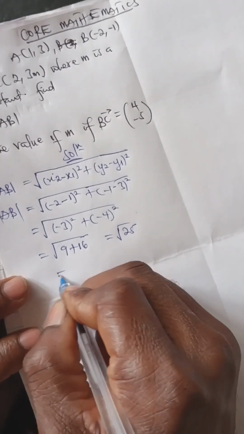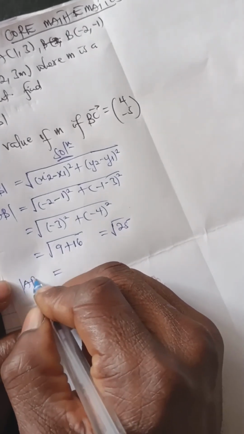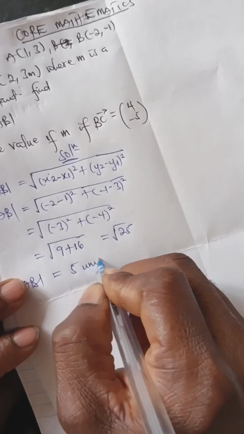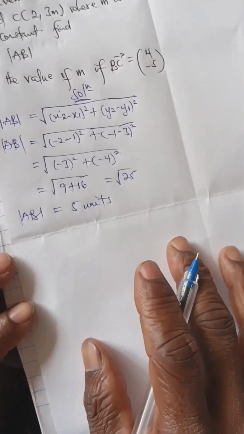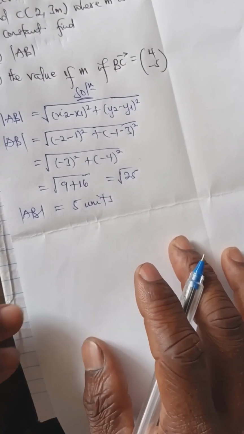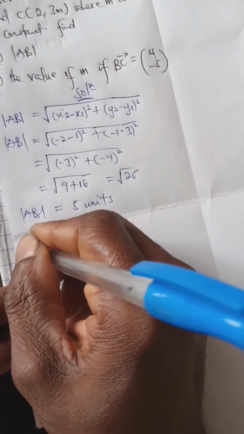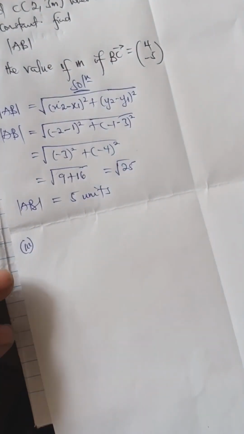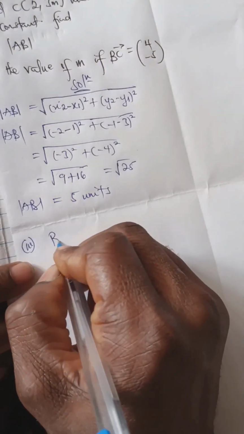And then because we are interested in the magnitude, we break this down to the simplest form, which is going to be 5 units. We're not given a specific unit of measure, so we just say 5 units. And the second question also demands that we find the value of m if BC is equal to (4, minus 5). So we know BC